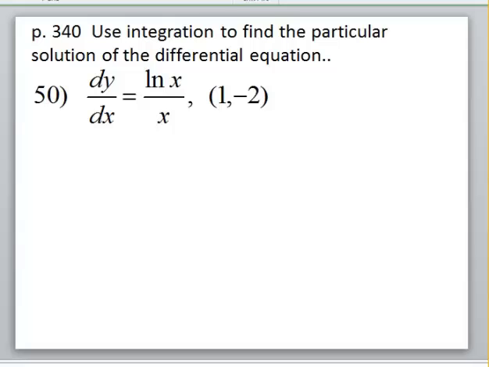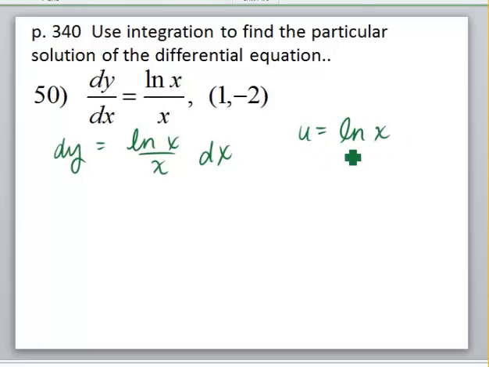In the next problem, again, I'm going to solve the differential, so I'm going to solve for dy. So I end up with dy is equal to ln of x over x dx. Now I am supposed to find the exact answer on this, because they give me the particular. So I'm going to make my u statement be